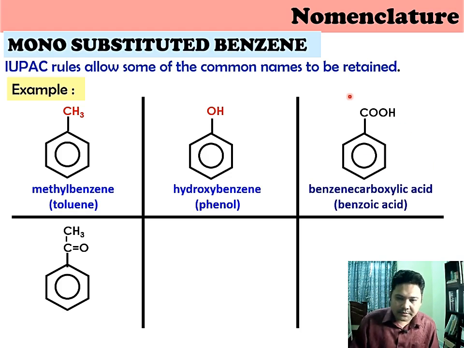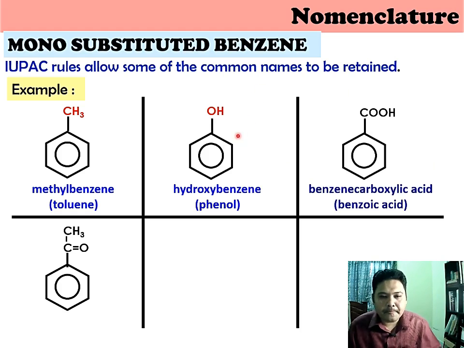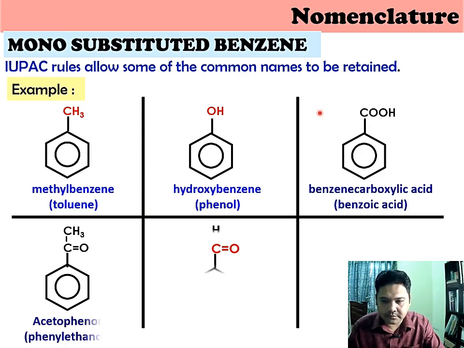With one substituent, monosubstituted, but we have some special names. In organic chemistry, we call it the common name. For example, methylbenzene is also known as toluene, hydroxybenzene is phenol, and there is benzoic acid. All these names are accepted in the IUPAC nomenclature. Also acetophenone and benzaldehyde,